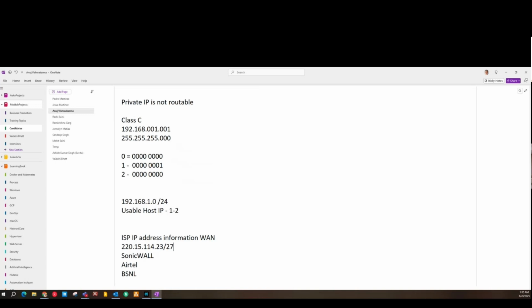All ISPs, when you ask for an IP address, will ask you to provide the actual explanation with your signature or your company's stamp and then send that to BSNL, informing them that I need 3, 4, 5, 6, 10, 11, 12, whatever the count you have. That I need this many IP addresses and why. Why do I need this many? Why is just one IP not sufficient for me? You have to give the reason why you need that many IP addresses,